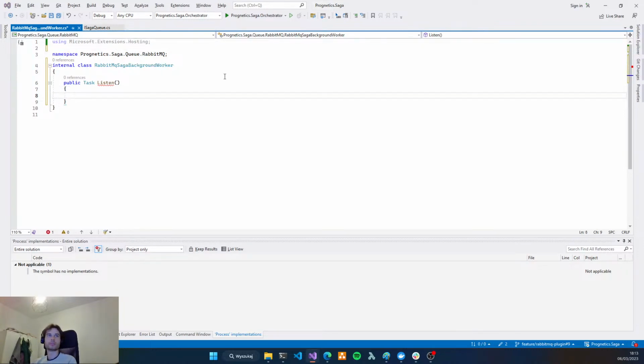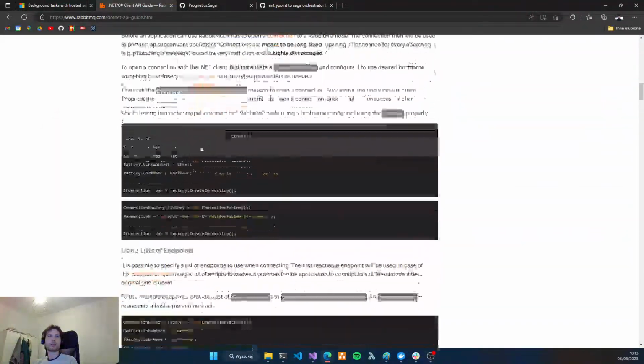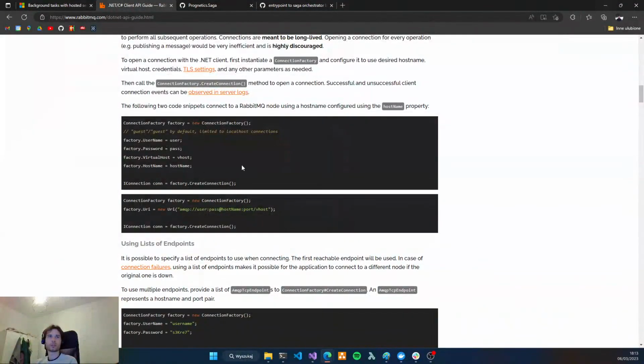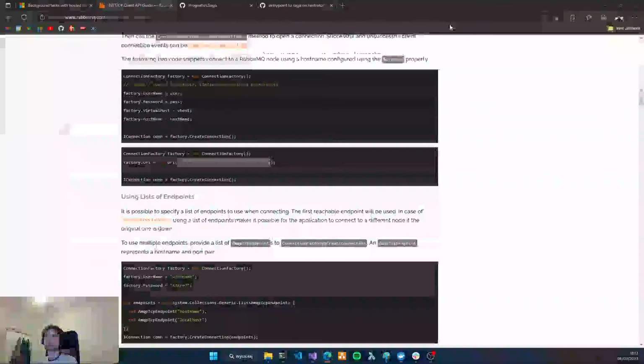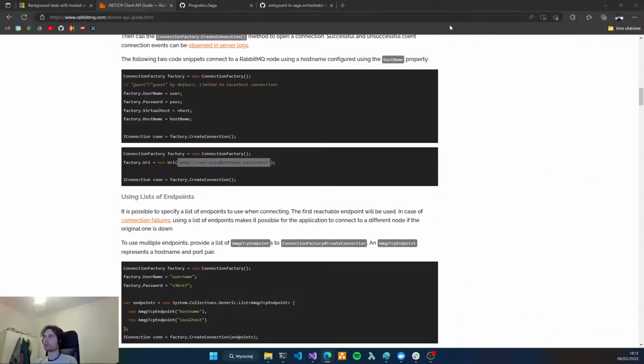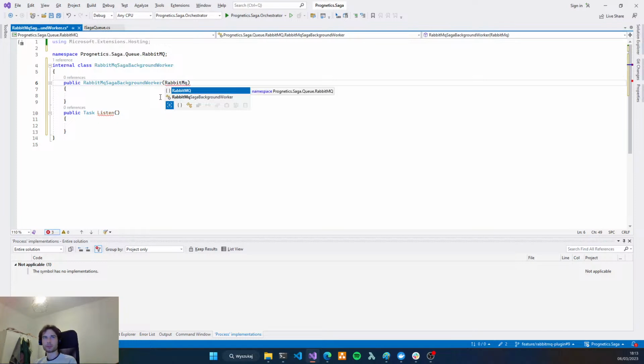So what we need to create is our connection. To create our connection, we also need a connection string. So let's create some type of settings, RabbitMQ SAGA settings.